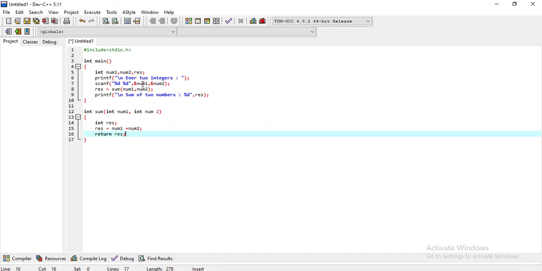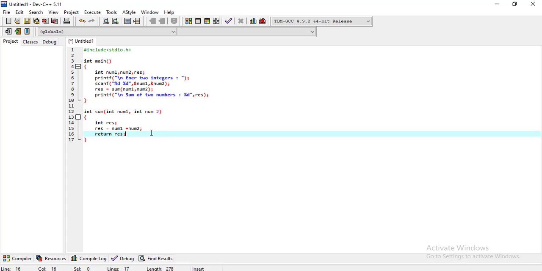So here you can see what we are doing: we just declare two variables, then enter the numbers, and using scanf we take the values of these two numbers from the console, then call the sum method and print the result. In the sum method we send these two values, add them and return the result.